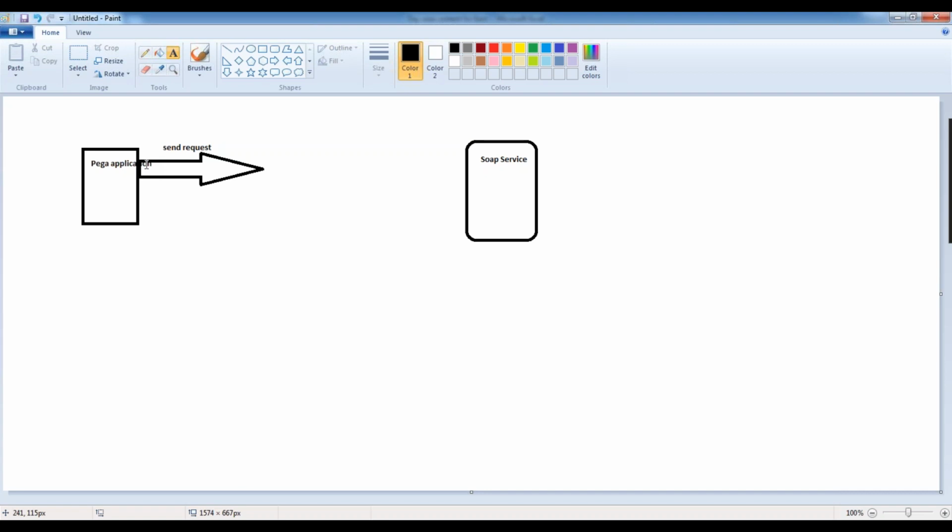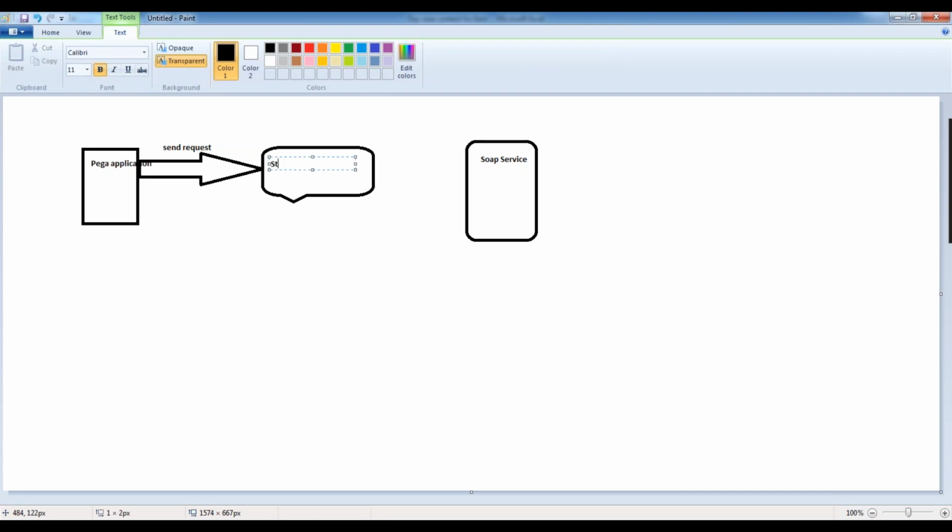The generic structure we generally follow is XML. If it is another system, once the request is formed using the clipboard, we need to convert the clipboard structure into XML format. To convert the clipboard into XML, we have a rule for that again, called XML stream.